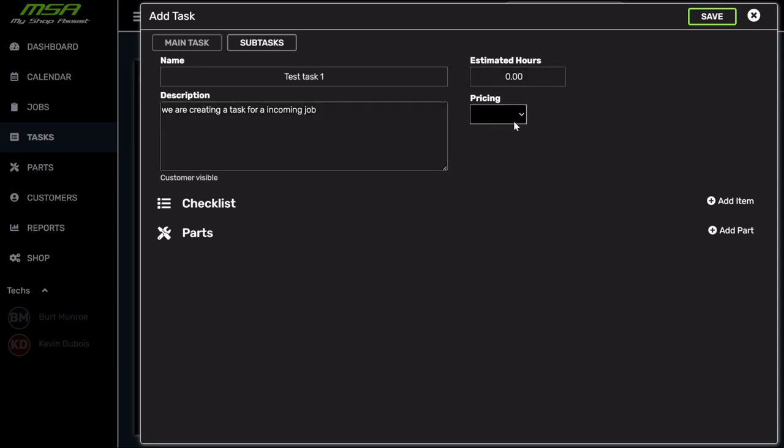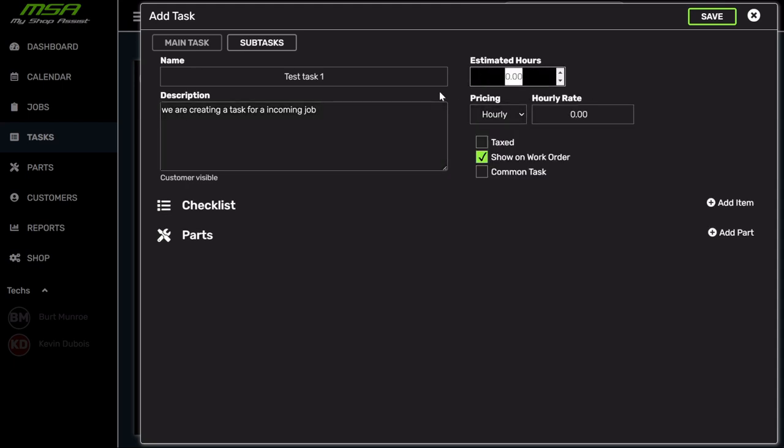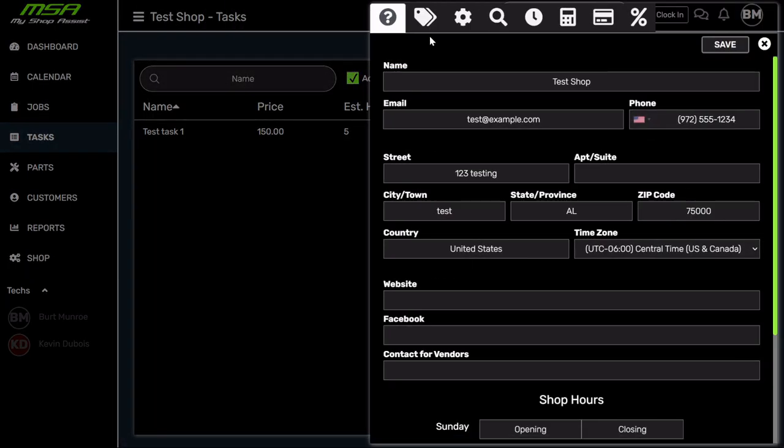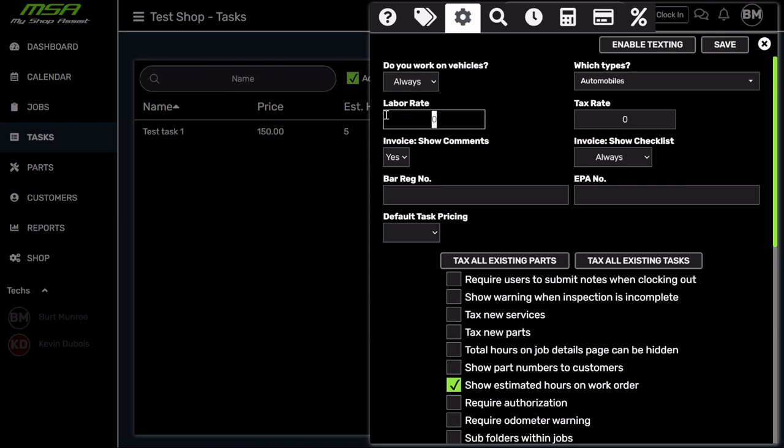we will set the pricing to be hourly. We'll just say the estimated hours is 5, and the hourly rate is going to be $150. Okay. And I actually forgot to save all our settings in here. That's why none of it